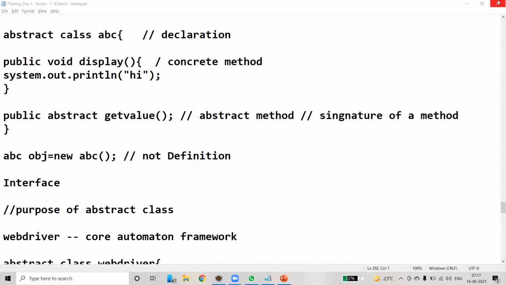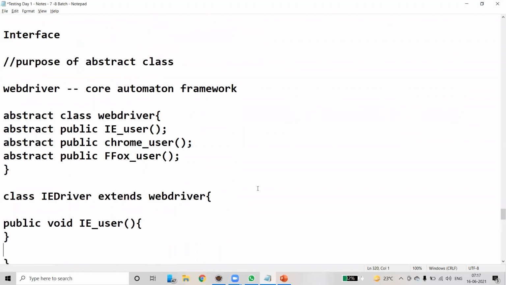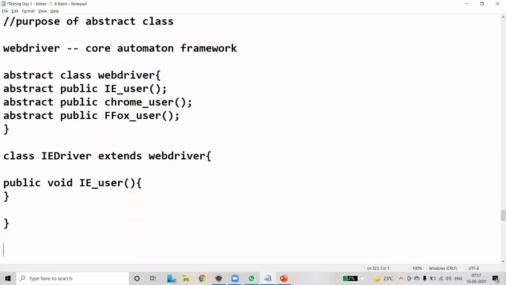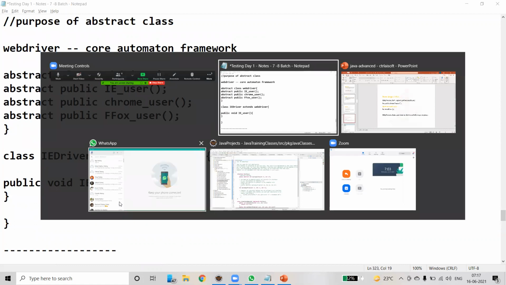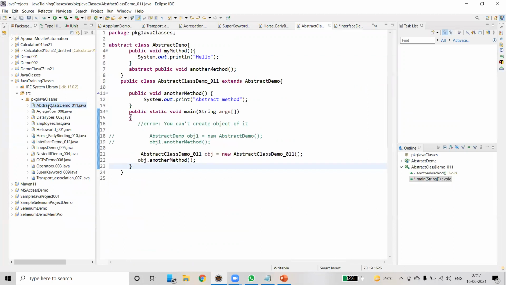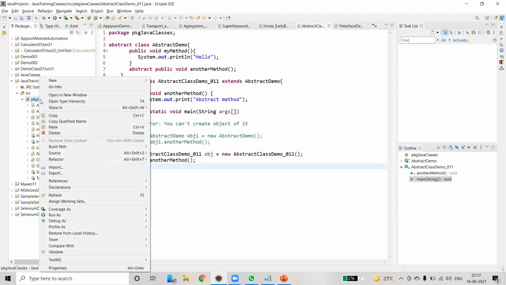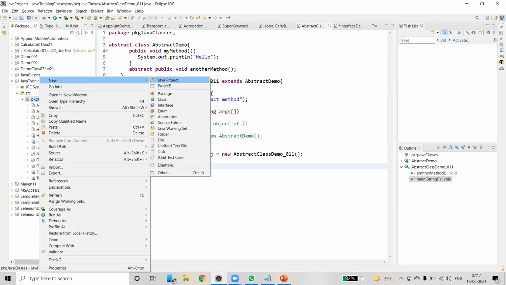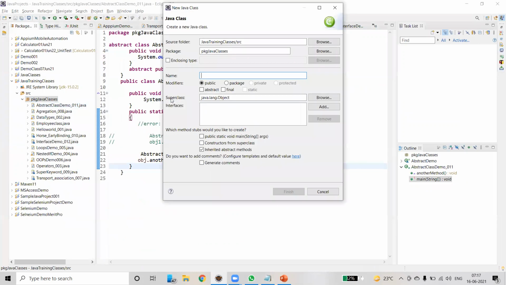We'll write a very simple piece of code for an abstract class to make you understand. See, this is an abstract class.